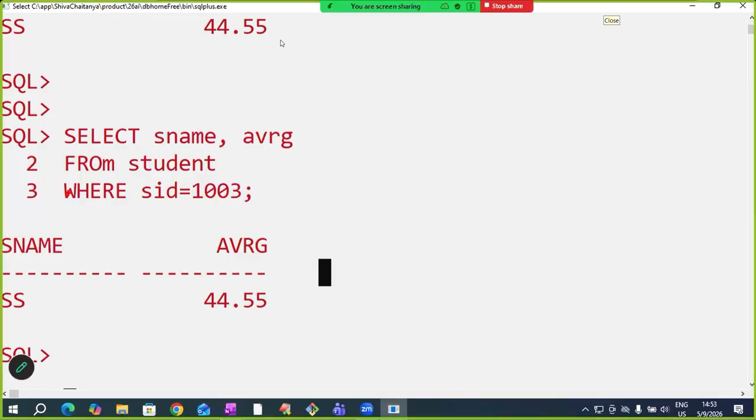Okay. Now you tell me. In this, where is the condition? In this condition, what is this equals to? What is the single equals to? Okay, that is an operator. Single equals is the operator.